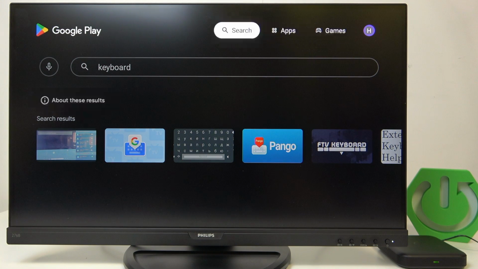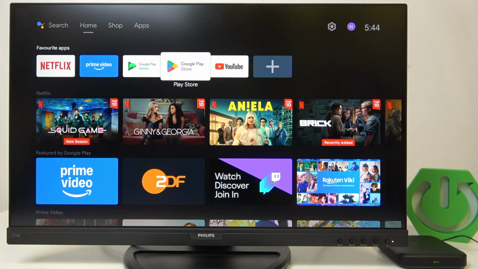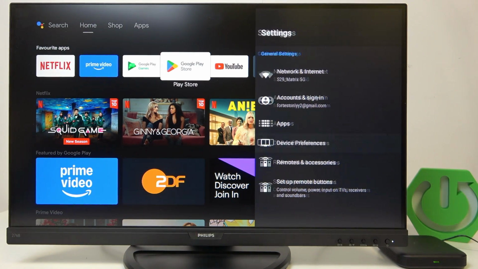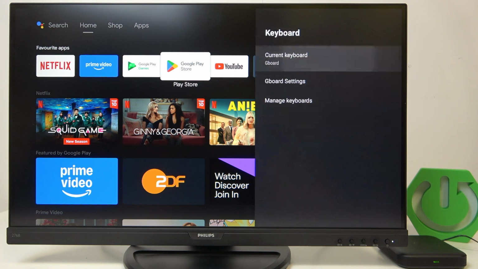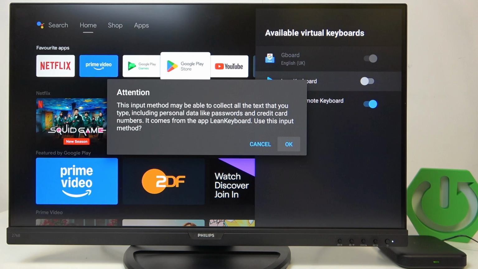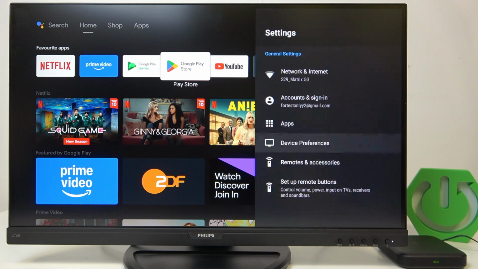We need to change the keyboard now in settings. To do it, simply click on the settings button on your remote, and then go to device preferences, go to keyboard, current keyboard, and you can see I don't really have it here. Let's go to manage keyboards. You'll need to enable the keyboard that you want to enable. Now let's go back, let's go to current keyboard, let's switch it to the one that you want to set,